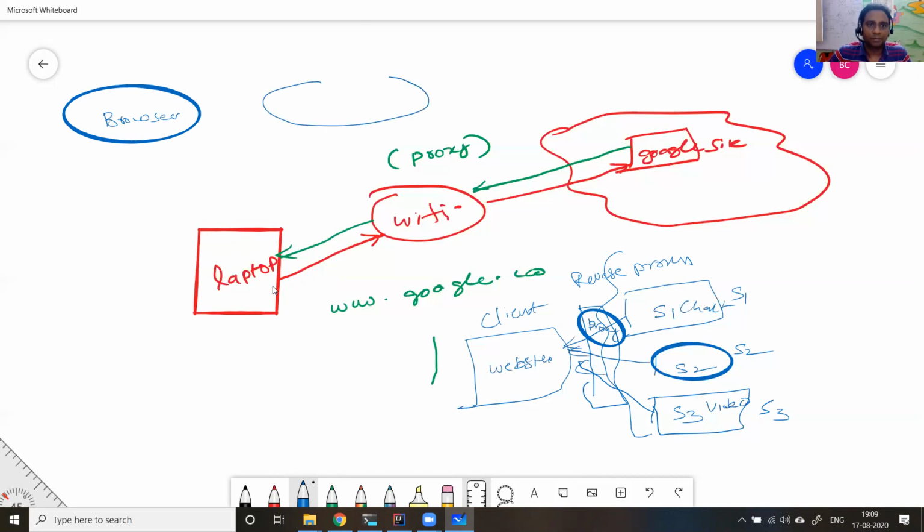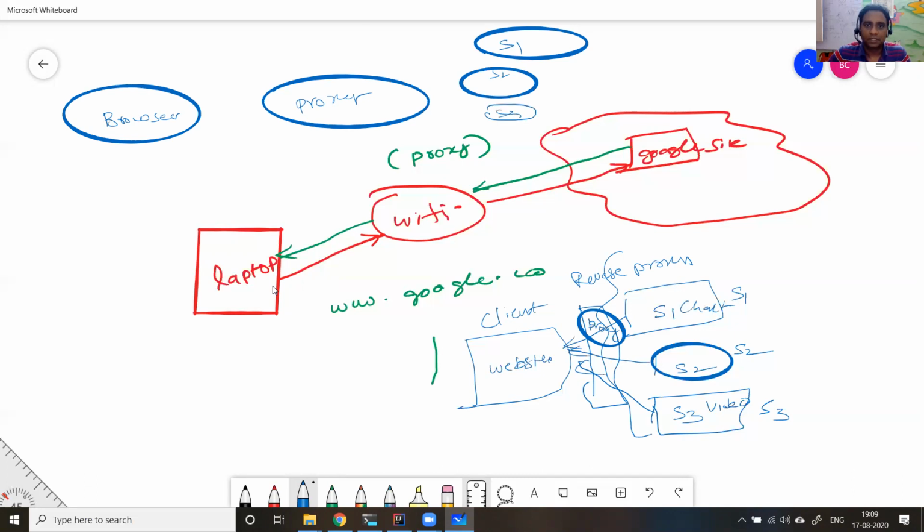Okay, then we'll have a proxy, and you will have server 1, server 2, and server 3. We call it the reverse proxy. So the request goes to the reverse proxy, from a browser or any application, goes to the server and comes back. The same thing is true: it can go to this server, it can go to this server. So this is what a reverse proxy is. You are bringing a proxy in front of your web servers or your application servers. That we call a reverse proxy.